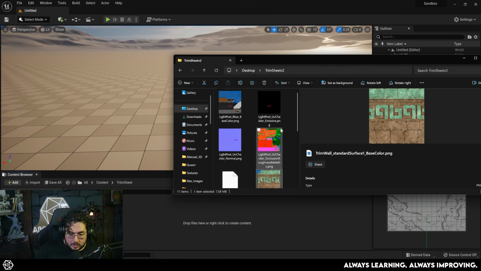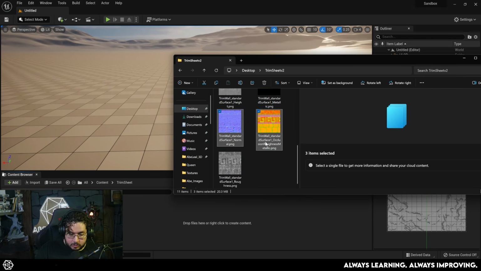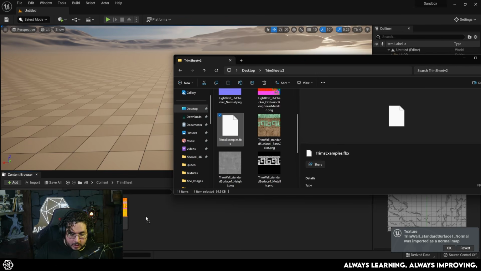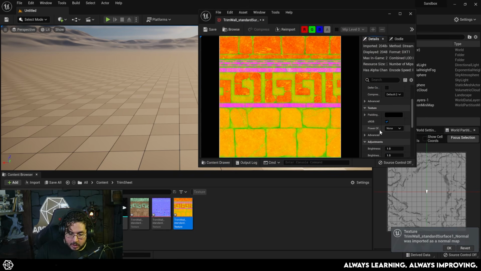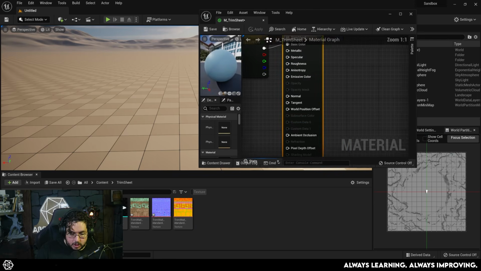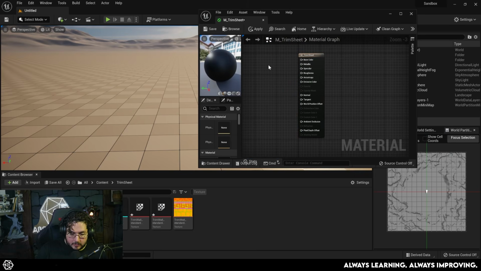I need the base color, occlusion roughness metallic, normal, and that's pretty much it. And of course, we need our trim examples. Now, before we connect anything here, this one right here, make sure to disable sRGB so that the colors are done the proper way. And we can jump into this trim sheet right here and just fill in the materials